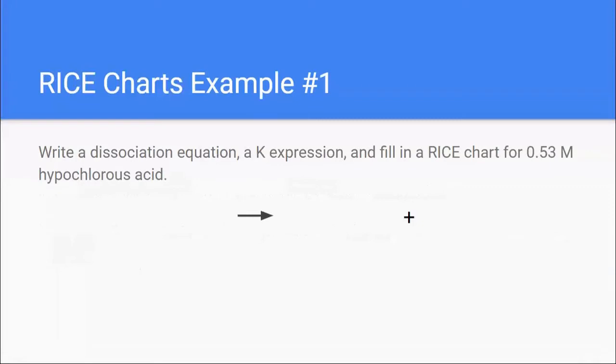Okay, so here's the first example, and we're just going to dive right in and take a look at this. I'll do two examples. I'll do one written by hand, and then we'll flip through this one as well. So the question says, write a dissociation equation, a K expression, and complete a RICE chart for 0.53 molar hypochlorous acid. So the first thing we have to remember is hypochlorous acid. From our acid naming, we're looking for hypochlorite, which is ClO minus,